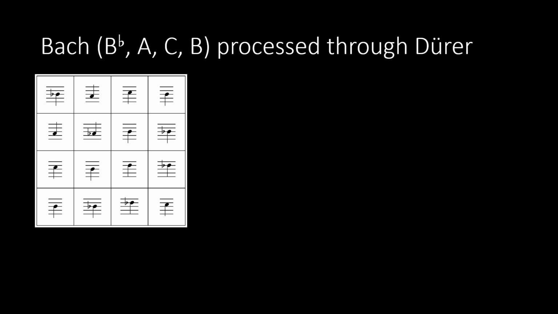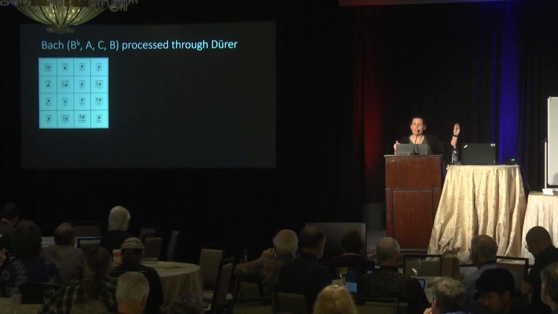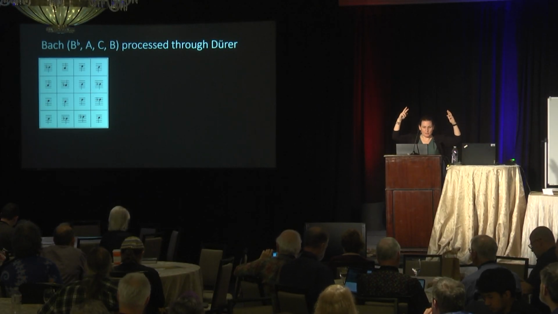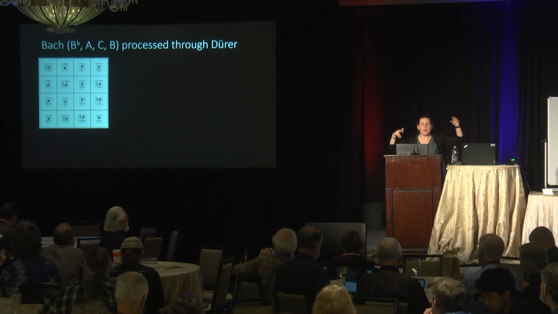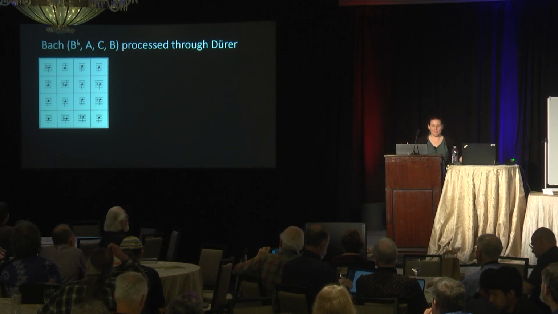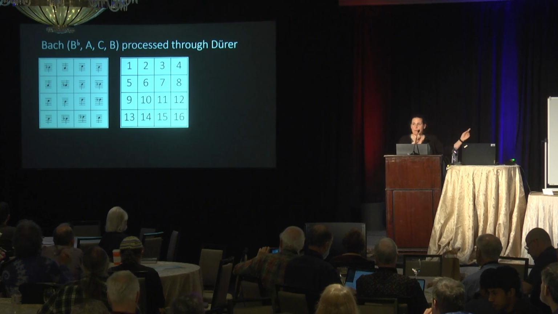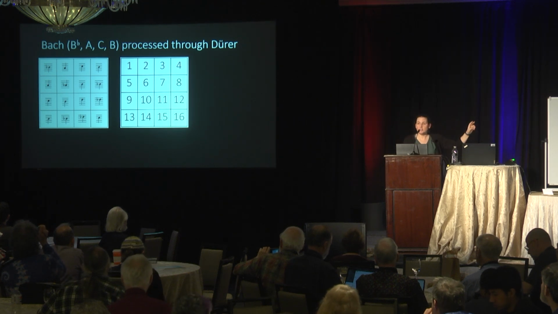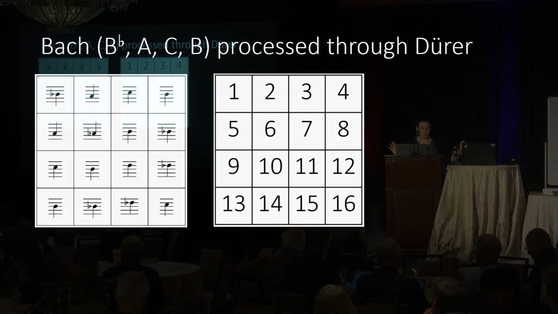Then, in each subsequent row, you translate that motif up or down by a prescribed amount. In the nth row, you translate it so that the first note in the nth row equals the nth note of the original theme. So in the second row, you will see we've translated it down, I guess just one semitone probably, so that the first note on the second row is the same as the second note in the original theme. Okay, so you do that, and you get a square. This gives you a mapping from those 16 notes we've produced to the numbers 1 to 16. Okay, so we've got that.